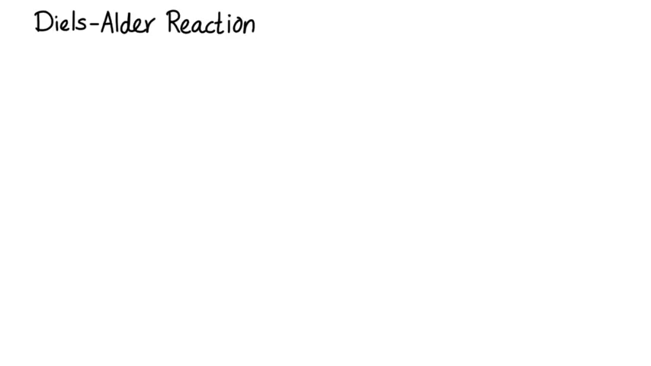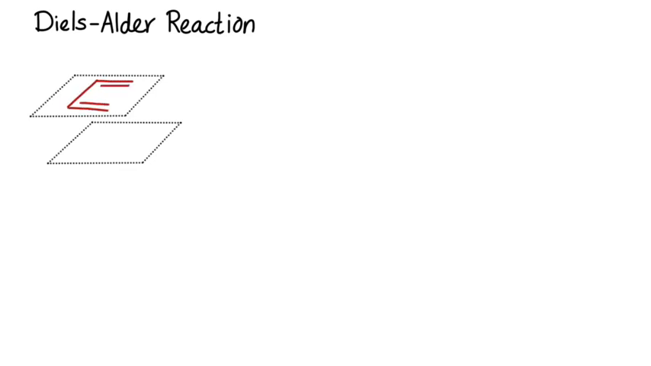Diels Alder reaction is a single-step pericyclic reaction. The reactants are a diene, you see a diene here. Two alkenes in a single compound is called a diene. And then a dienophile, which is another alkene. It reacts with the diene, so we call it a dienophile. So a diene and a dienophile,